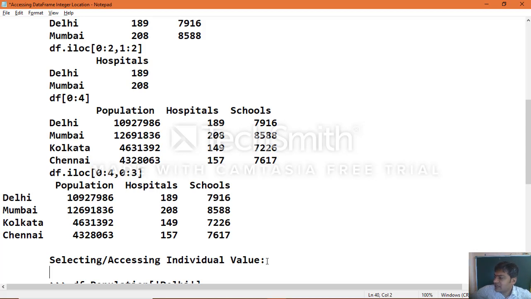To select or access an individual data value from your data frame, you can use two methods.